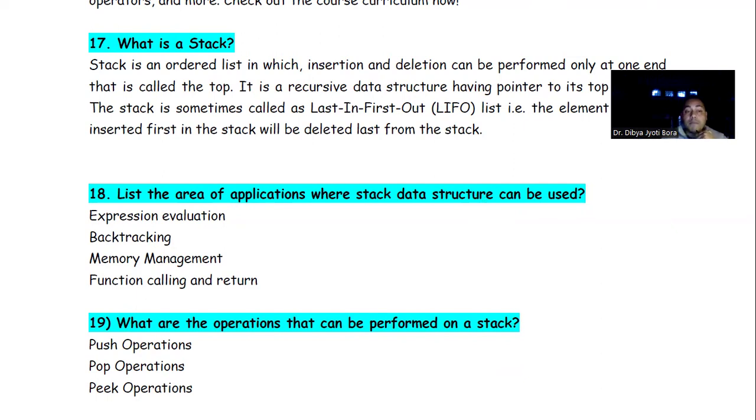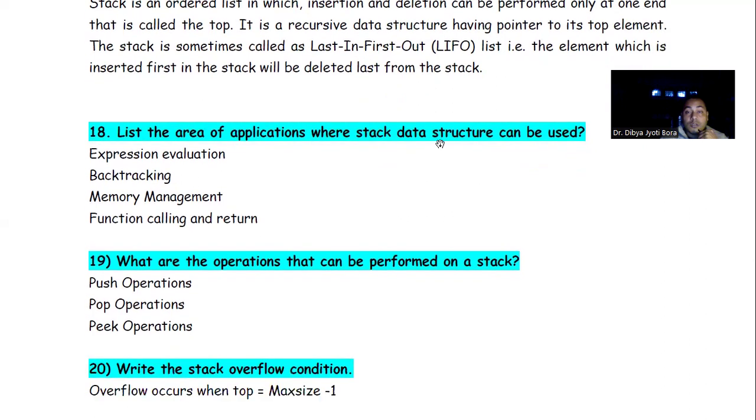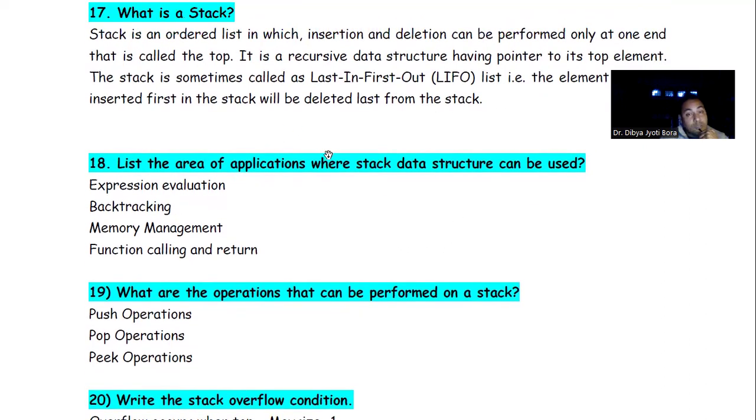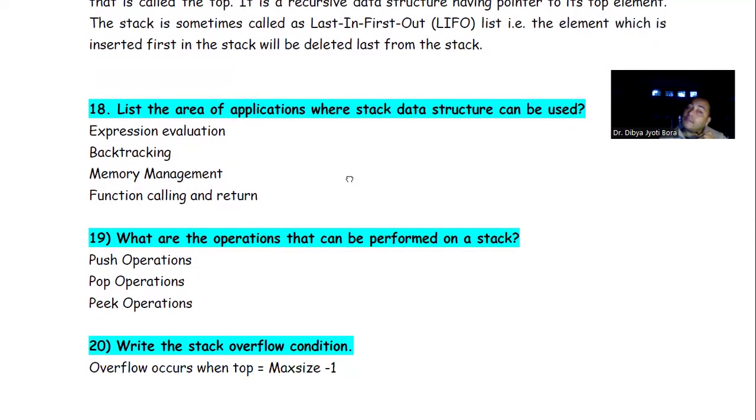You cannot just pull the first book, because if you pull it directly, the other books will fall. So the last book you have put is the book to be removed first, then one by one, and only the last one is the first one you kept on the table. So that is last in, first out order, followed in stack.